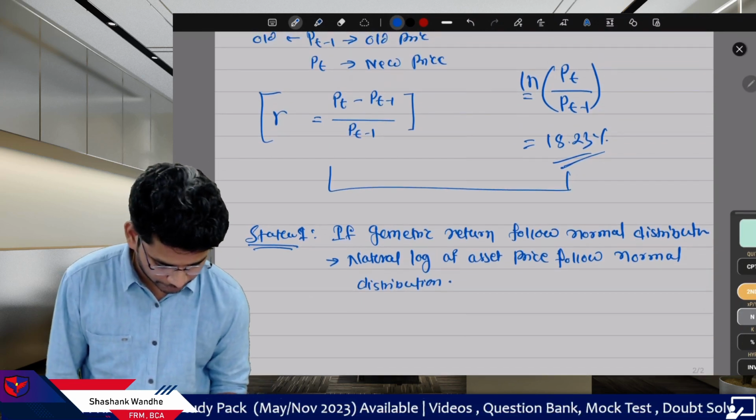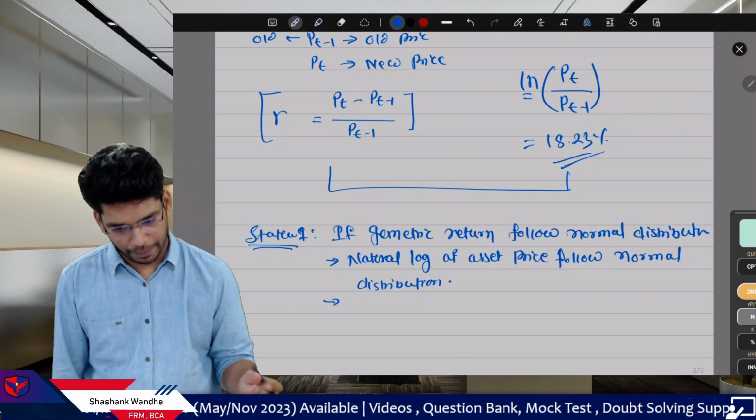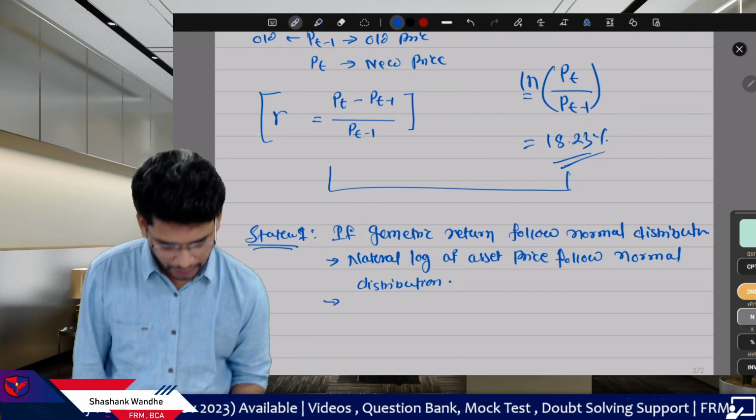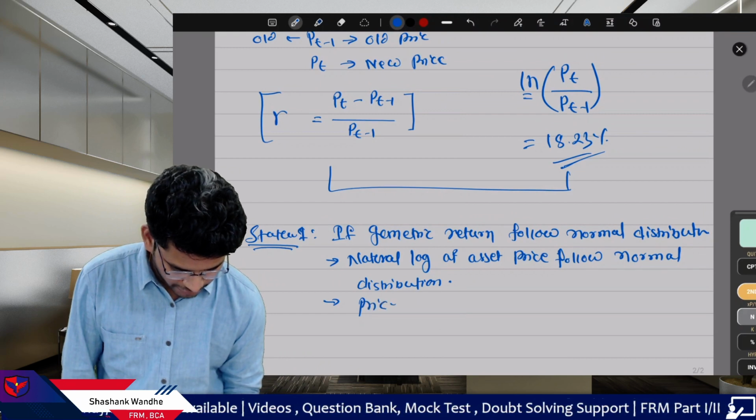And if you assume the prices are normal, then price follow